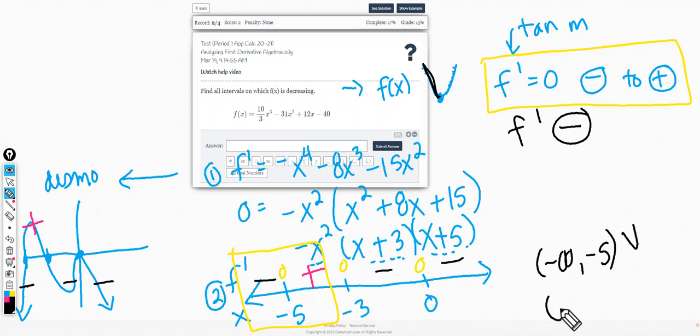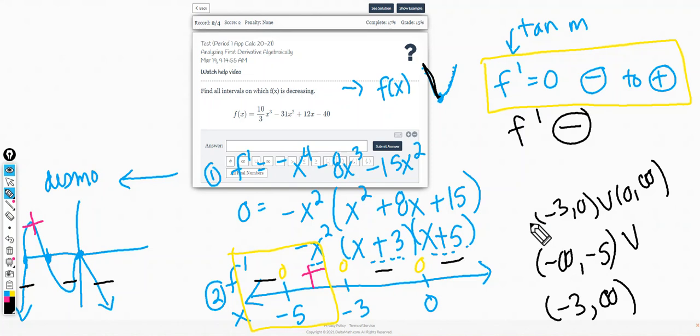Union -3 to +infinity. Notice how I kind of skipped over this 0. You could also separate it, -3 to 0, union 0 to +infinity, instead of this one here. Okay, so